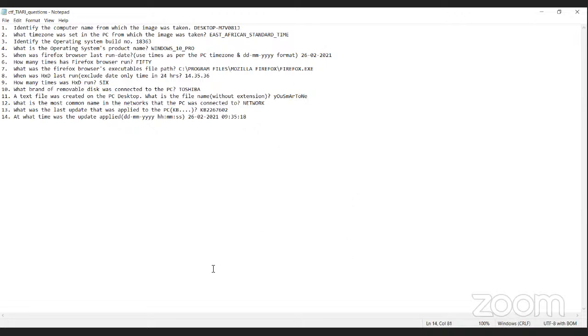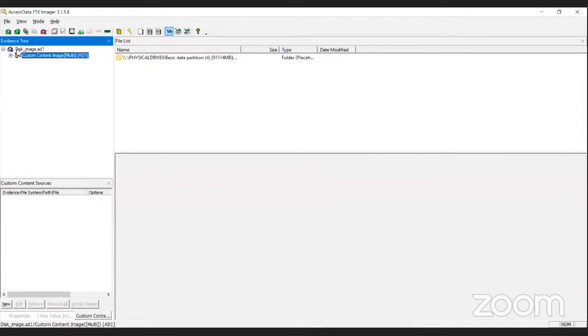So for that, what we were provided with during the CTF was not a complete disk image, but what we call a triage, meaning that only the most important aspects were captured. I'll just show you that in a few. Yeah, and this is it. So you had a disk